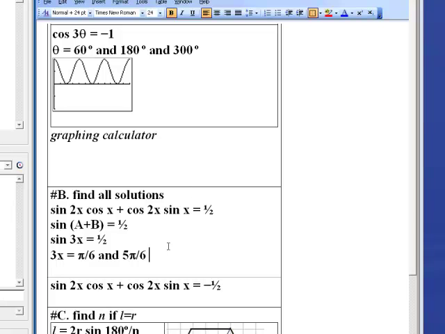But then, because we're allowed to go all the way up to 3 times 2 pi, so all the way up to 6 pi, or 1,080 degrees,